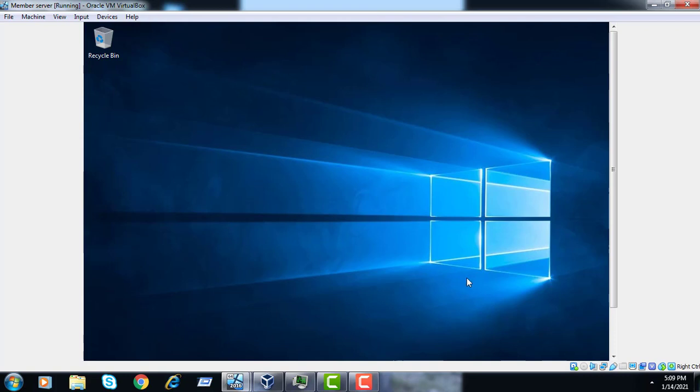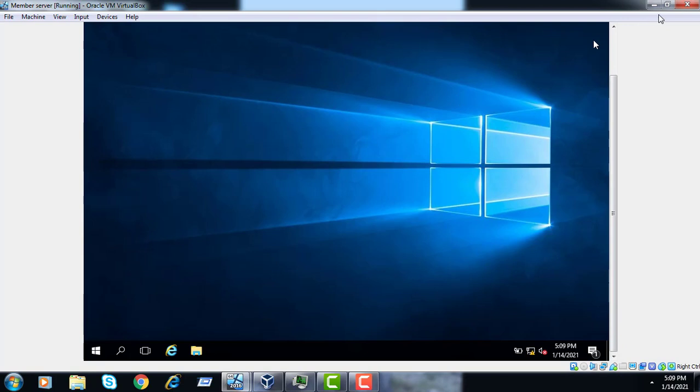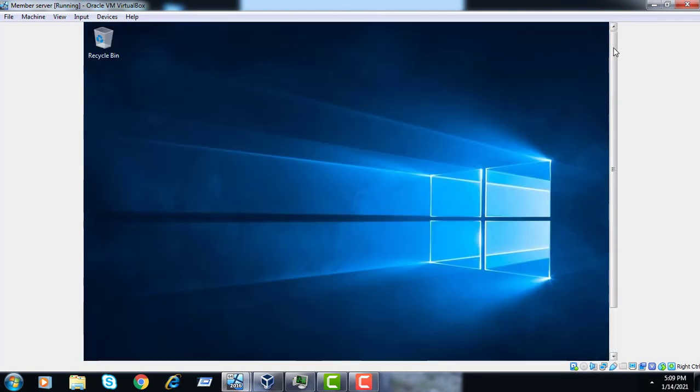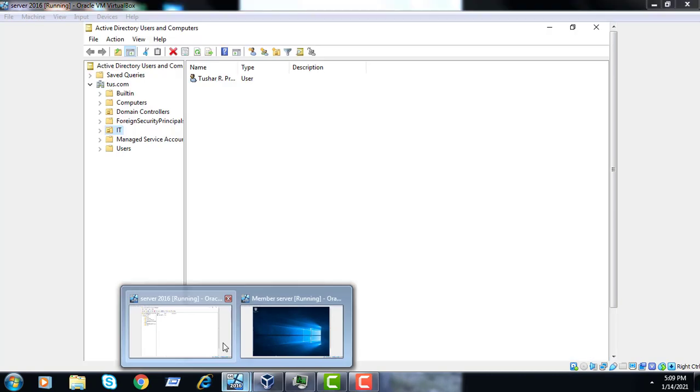Once the group policy is assigned at the organizational unit, we can sign out and sign in, and this recycle bin icon will be removed by the group policy. So let's start.